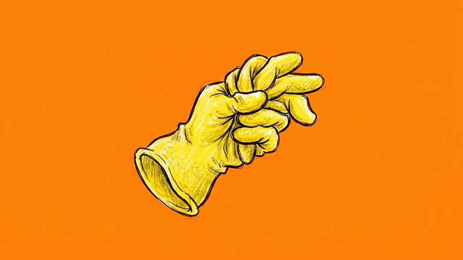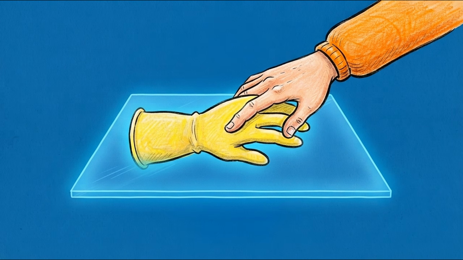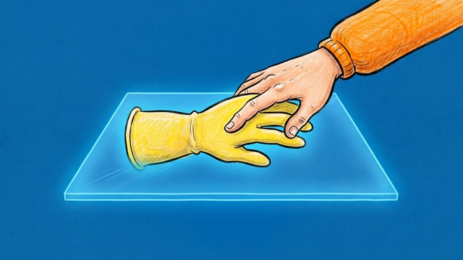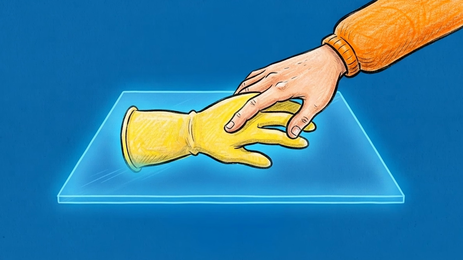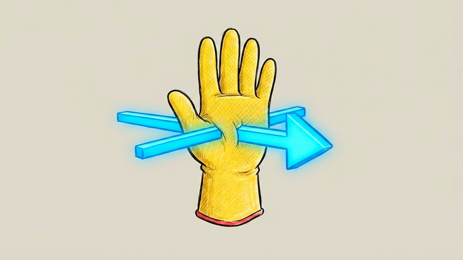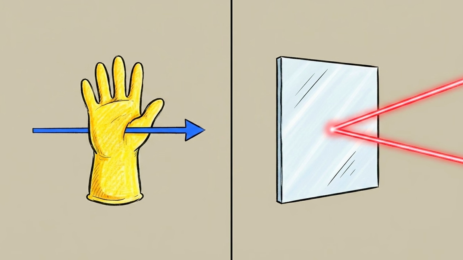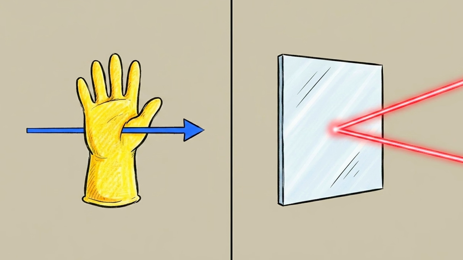Think about a glove turned inside out. Flip a left glove through the correct axis and it becomes usable again as a left glove, oddly enough, not a right one. That's a transformation through one specific dimension, not a simple side swap, and it mirrors exactly the logic driving mirror reflection through the depth axis rather than through left and right.